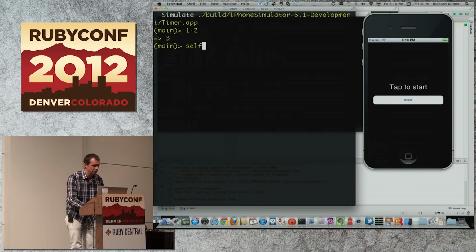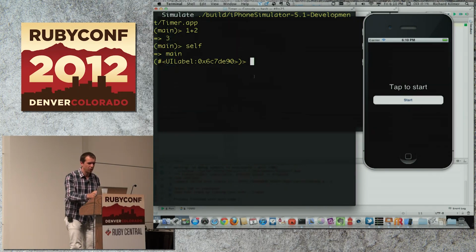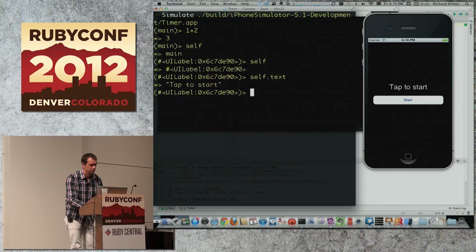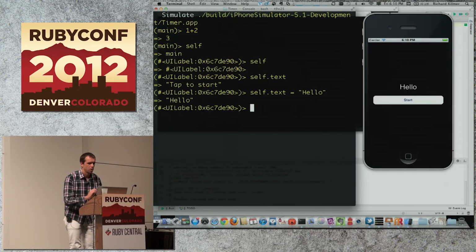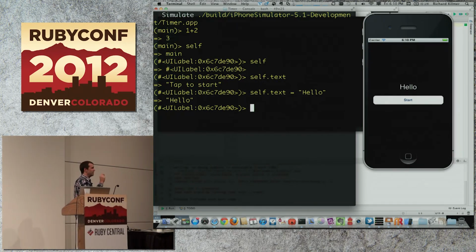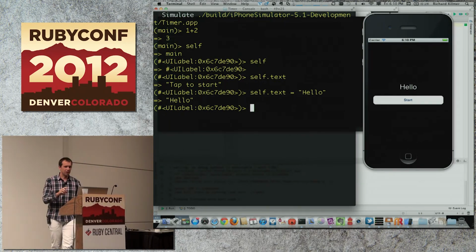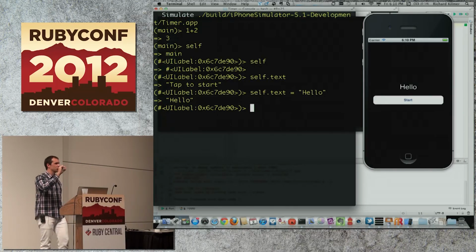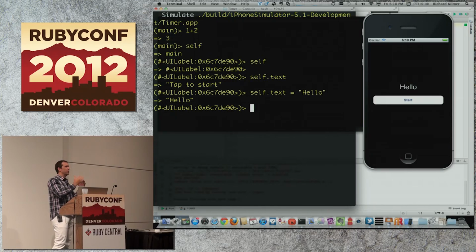What's even better is, you output self and you've got main. Now watch this little trick. Boom. That's the UI label. Self is a UI label. Self.text. Self.text equals hello. So I'm actually able to adjust what self is by using the command and my pointer over the simulator to highlight the UI widget that I want to introspect, and then I can actually start playing with the attributes of it.